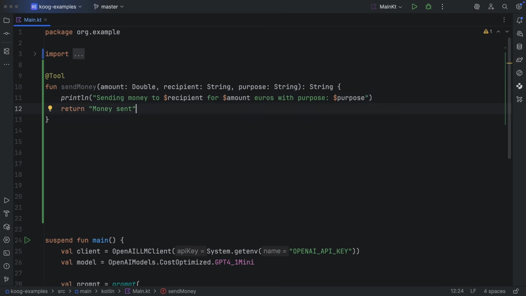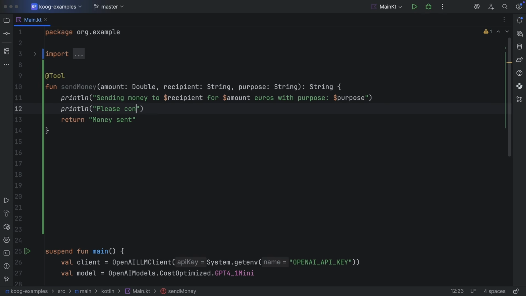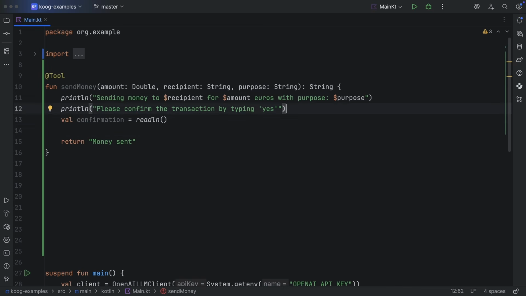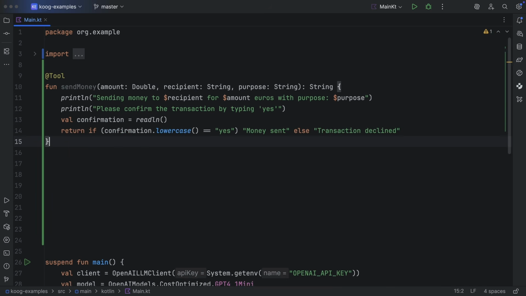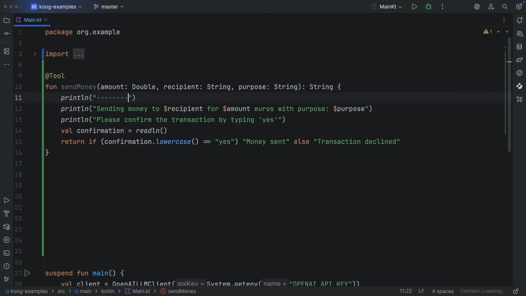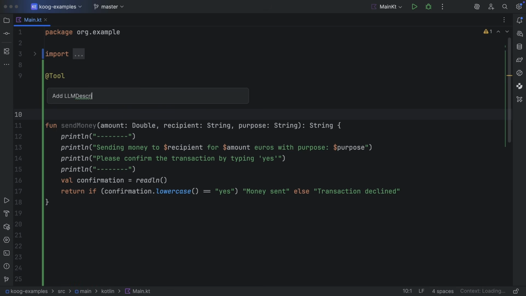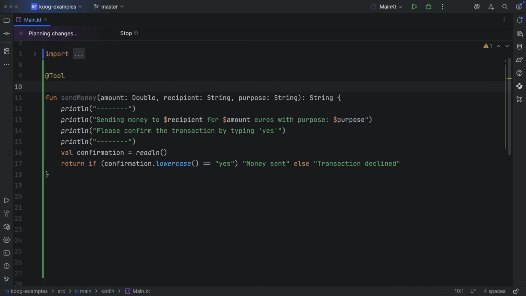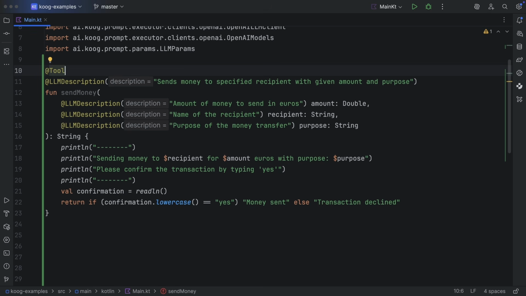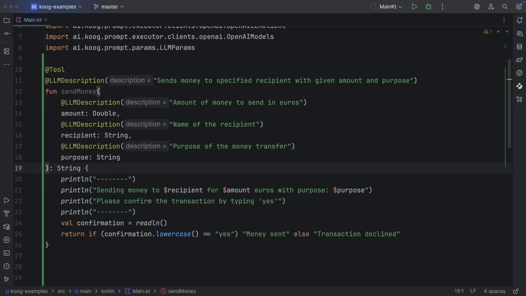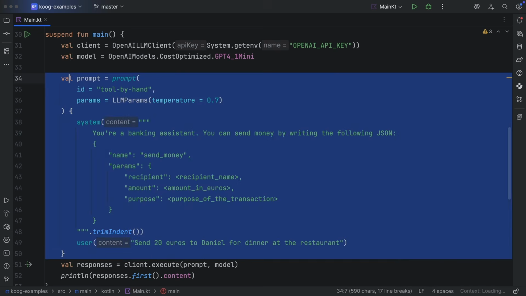To keep this example small, we'll just ask the user for confirmation in the console. The LLM only uses the result of the tool call as input. It doesn't know or care whether the money was actually sent or how the function was implemented. Always return a descriptive result from the tool call to the LLM, even if the tool is primarily used for its side effects. Let's ask the assistant to add the LLM description annotations. Koog will send an LLM a tool function signature that includes its name, parameter types, and return type, together with function and parameter descriptions. Next, let's create an agent that can call this tool.